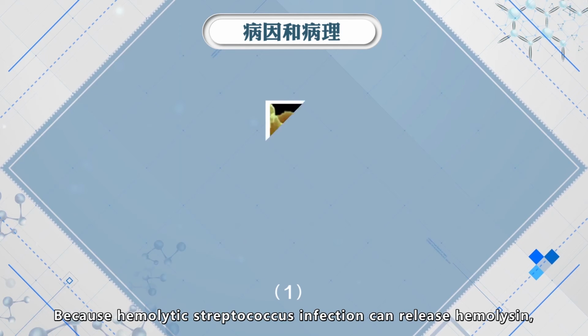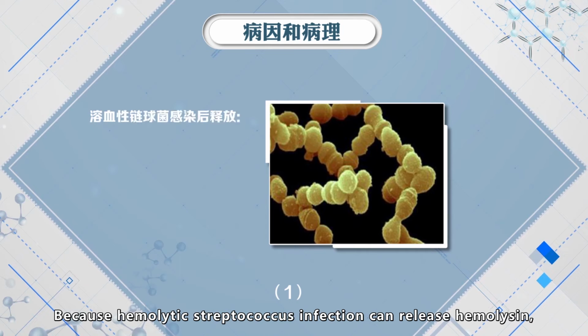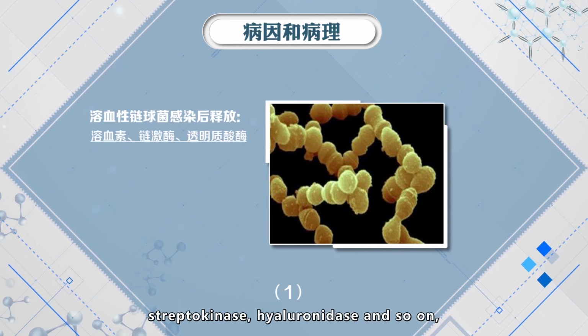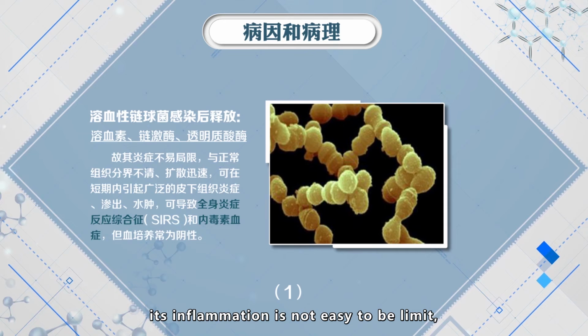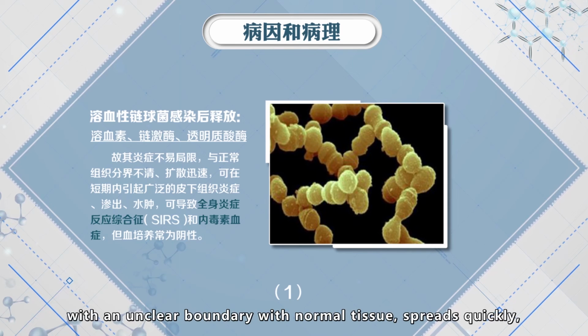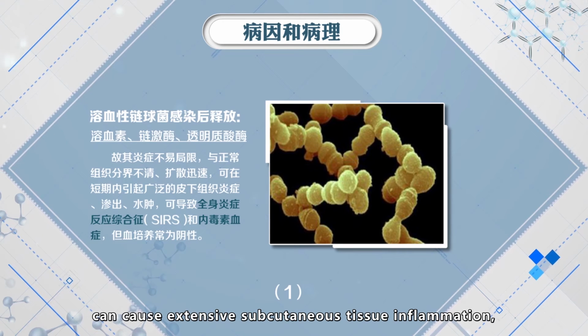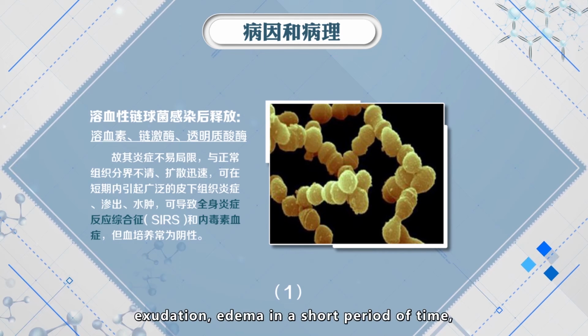Because hemolytic streptococcus infection can release hemolysin, streptokinase, hyaluronidase, and so on, its inflammation is not easy to be limited. With an unclear boundary with normal tissue, it spreads quickly, can cause extensive subcutaneous tissue inflammation, exudation, and edema in a short